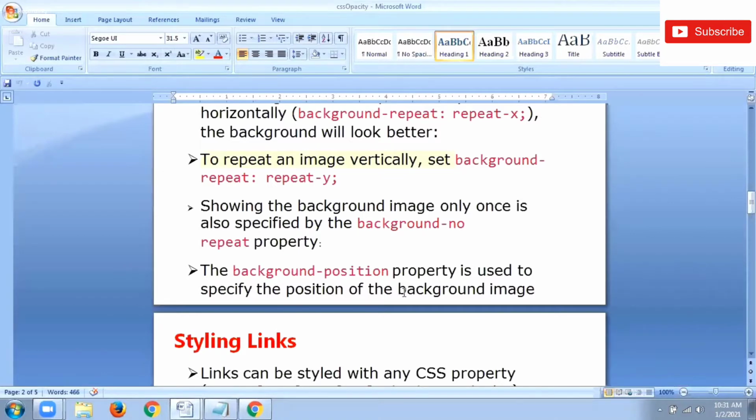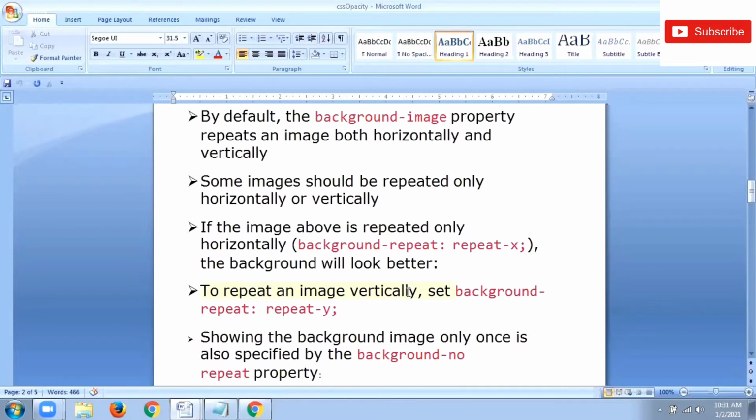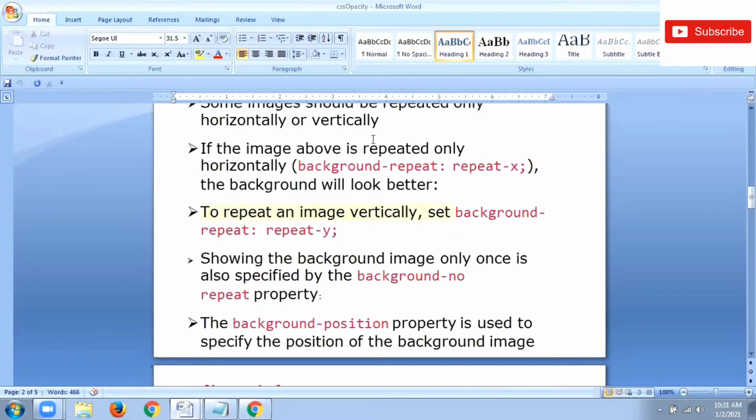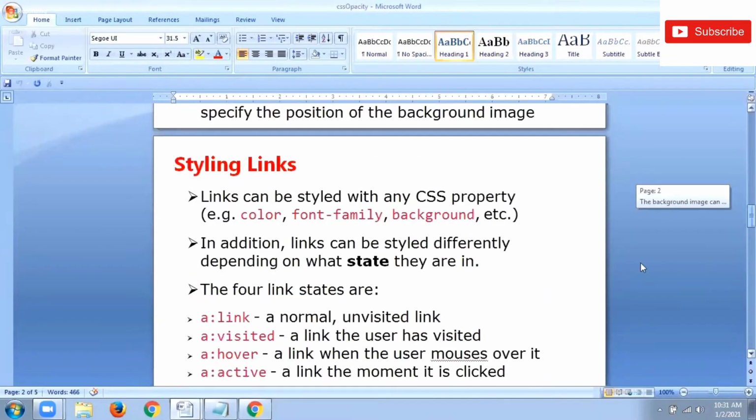background position, background repeat property, background including for a particular background image. Okay, everyone clear? Now moving on to the next, one more important property, that is links. So styling links, we already studied about links in HTML with the help of the anchor tag. By specifying the hyperlink reference, we link a file from another location into our HTML file.